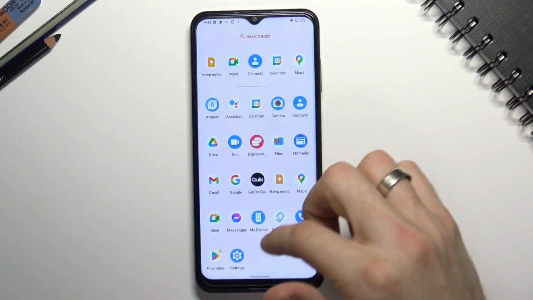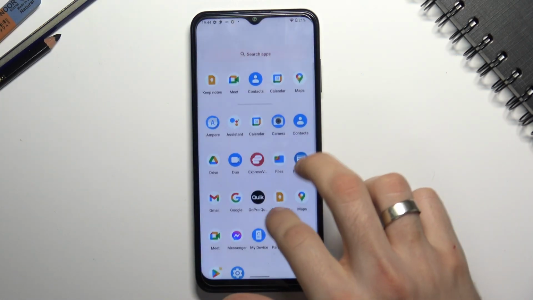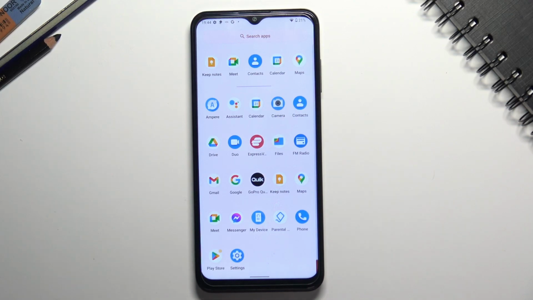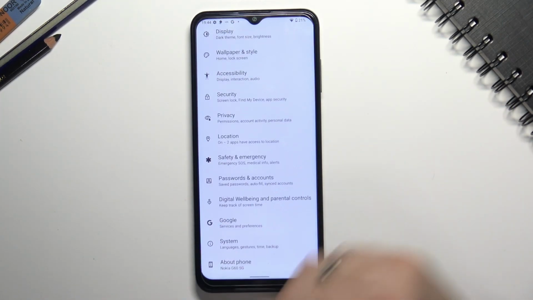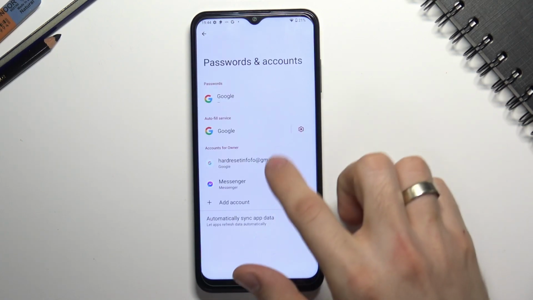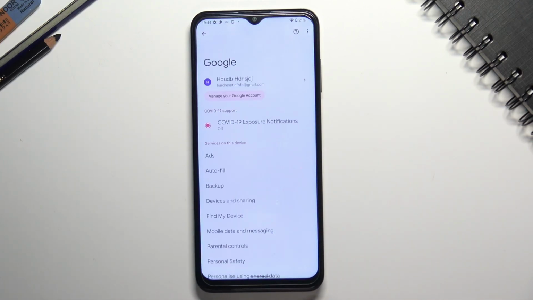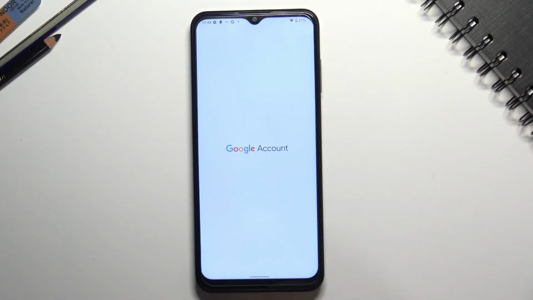Firstly, you need to remove your Google account, but don't be afraid, you will recover it. You can recover it within 14 days after deleting. So firstly, remove your Google account. How can you do it? Just open Settings, then scroll down and choose Passwords and accounts. Here you have your child account. Then go back, choose Google, choose Manage your Google account, and